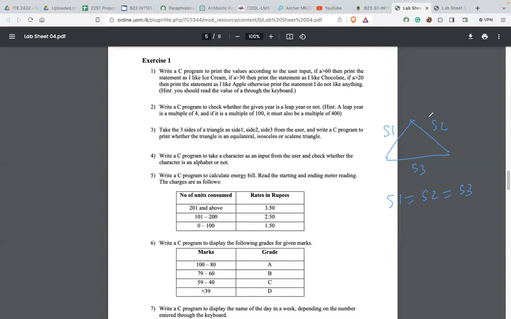So you have to get the 3 sides from the user. If all sides are equal, you have to print that it is equilateral. If only 2 sides are equal, that means S1 equals S2 or S2 equals S3 or S3 equals S1, that means only 2 sides are equal, then you can say